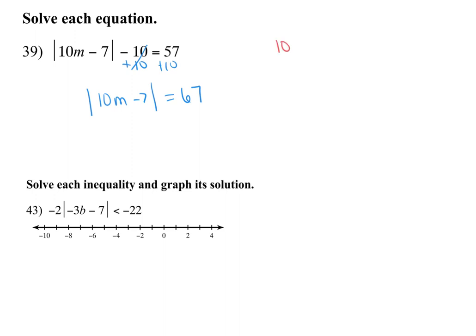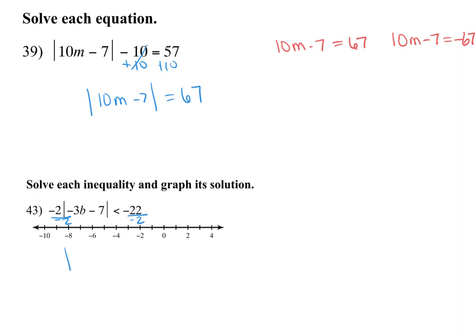I'm going to say 10m minus 7 equals 67. 10m minus 7 equals -67, and I'm going to solve. Okay? You do not set up positives and negatives before that absolute value is by itself. Same thing for inequalities. Before I do anything down here, I am going to divide both sides by that -2,